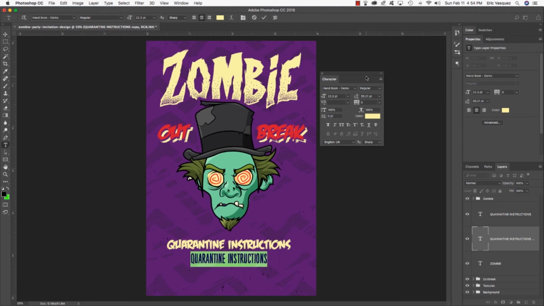And now using this font, we're going to type out an address and some instructions. So we're going to type out On February 25th, and for the TH I'm using lowercase letters. Everything else is going to be caps. Proceed to the, then go ahead and press the return key to come to a second line and type out the words Safe House located at 1302 Zombie Drive, and now press return a 3rd time and type out Mesa, M-E-S-A, AZ